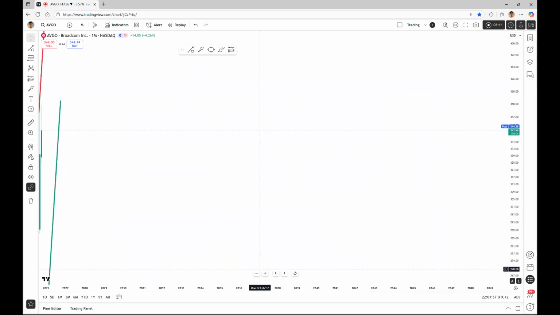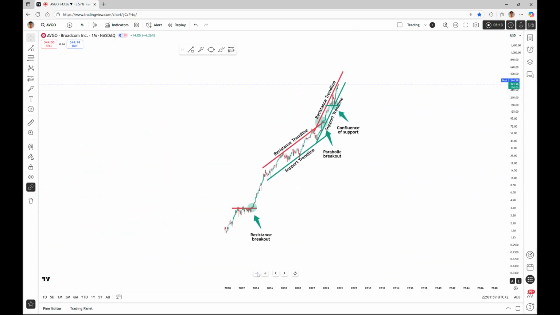However, this is where things get now extremely interesting, and this is also the reason for why I think we at least saw a short-term top on Broadcom. You can see that as we're speaking, Broadcom is once again retesting this upper red resistance trend line. Now, this fact alone does not lead to a correction, but you can see that over the course of the